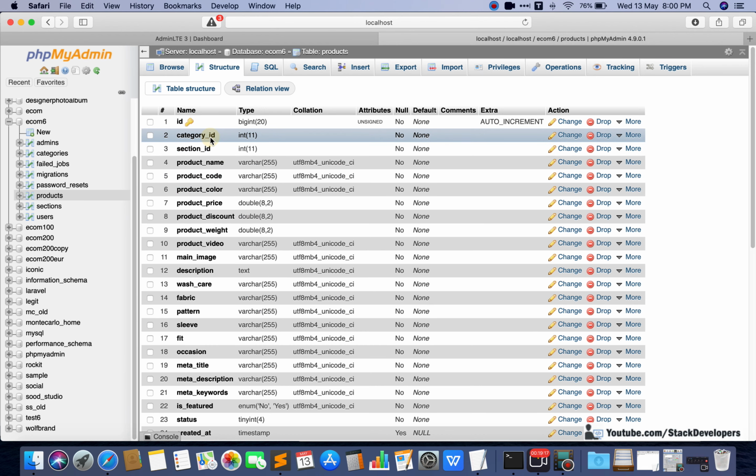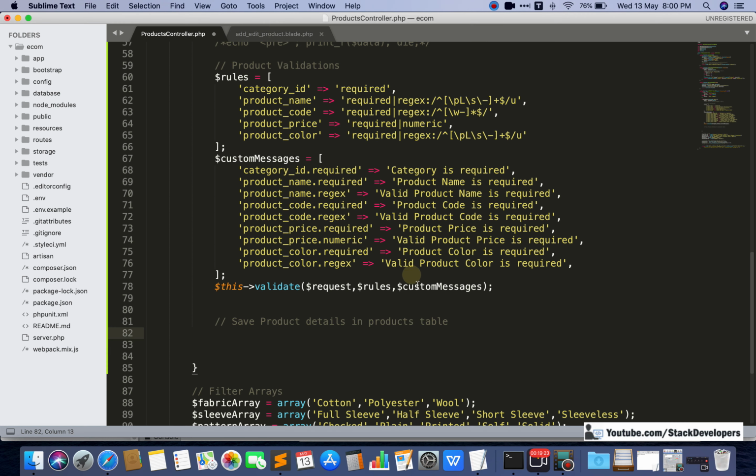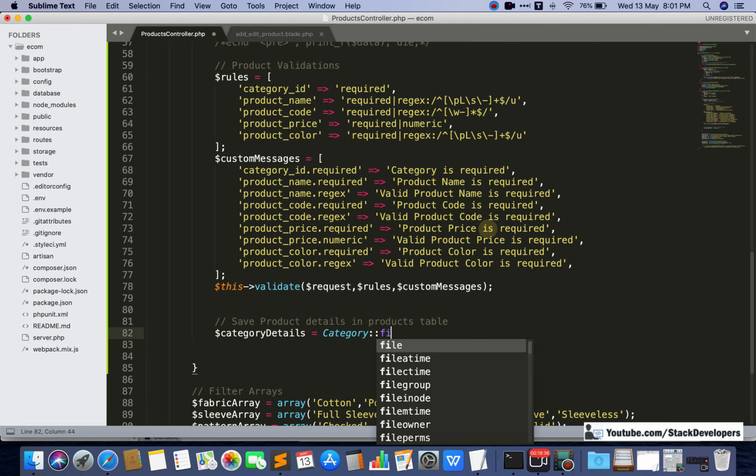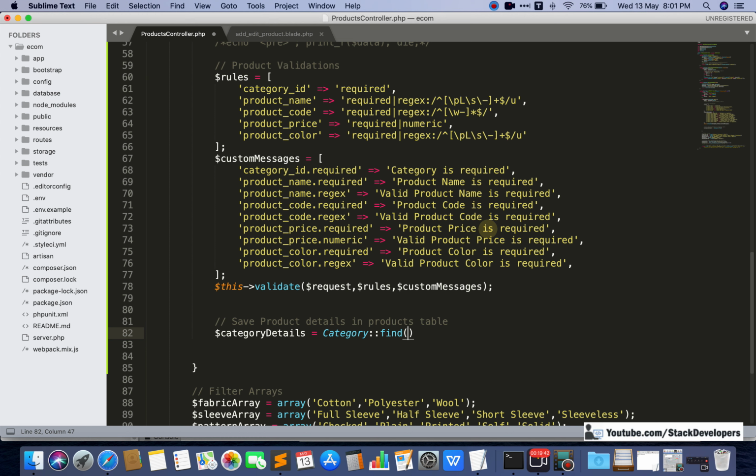See, we have the category id but not the section id, and the section id we can fetch from the category id itself. So we must first get the category details, because we want the section id. We can fetch the category details quickly like this, category, then find the id of section.